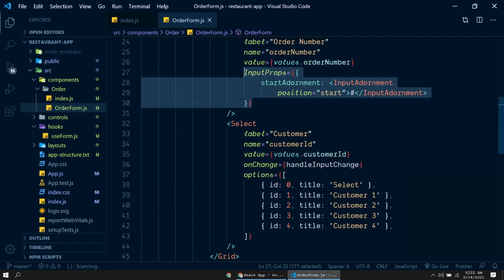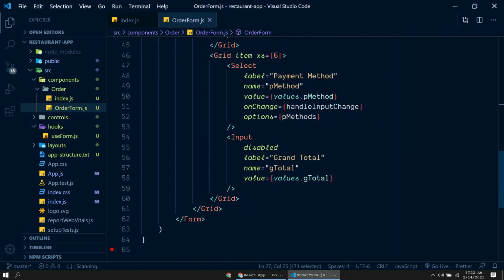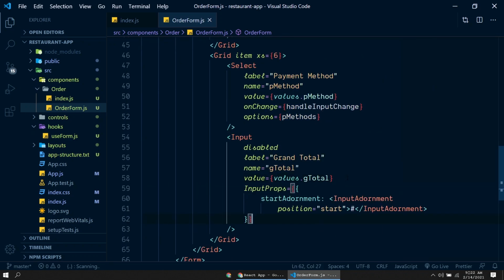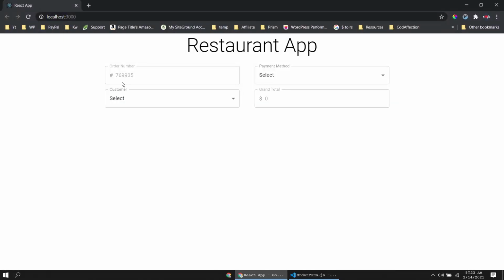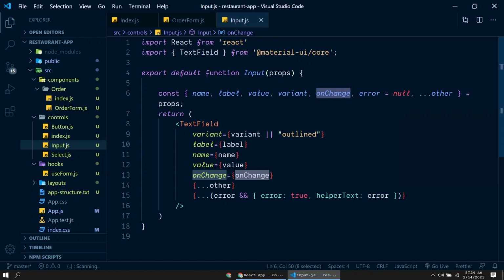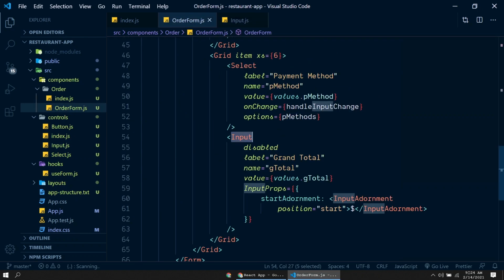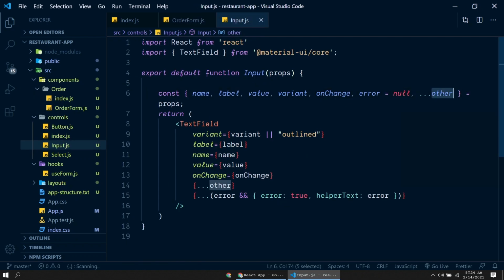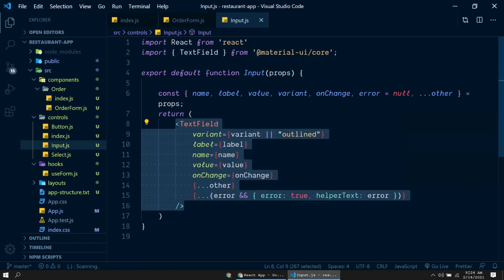Inside this we can pass #. Now let's copy this and paste it here for grand total. Instead of hash symbol we need a $ sign. Now let me save this and go back to the application. So here we have those two prefixes. Now if you check our custom component for input control here, we have not specified that property input props. So it will be there within this other object